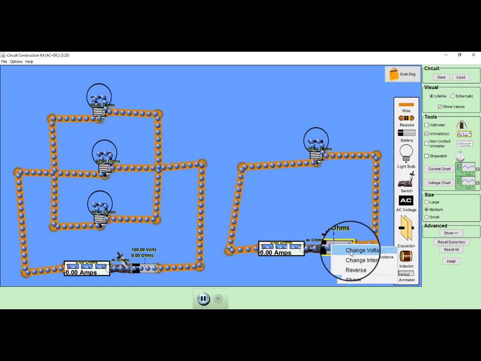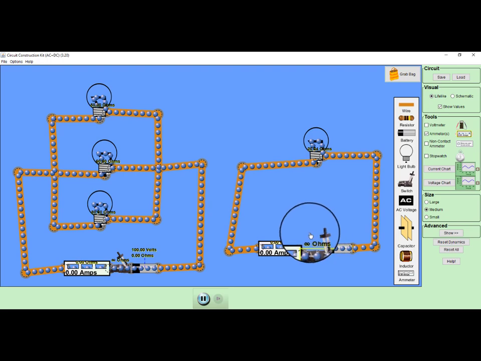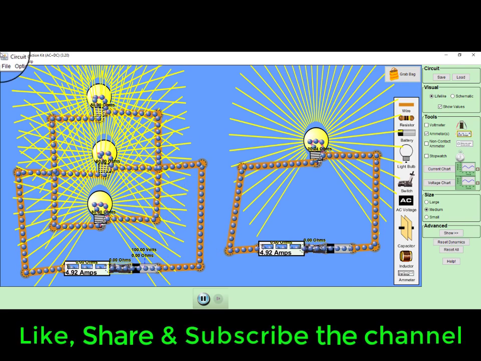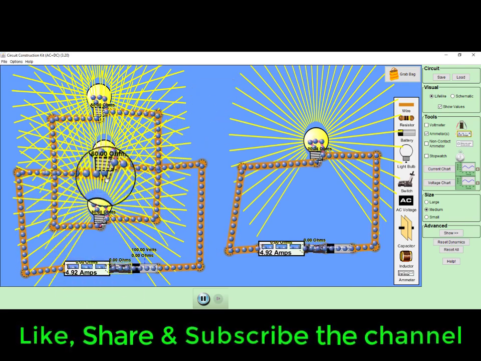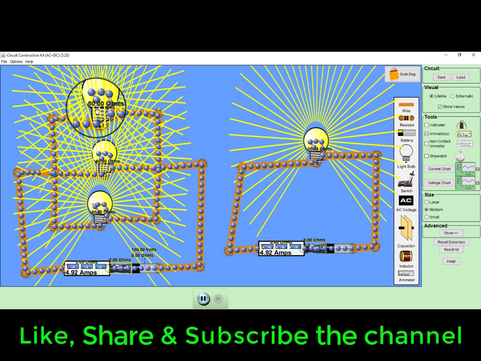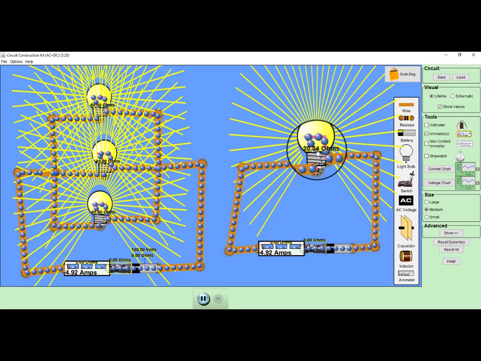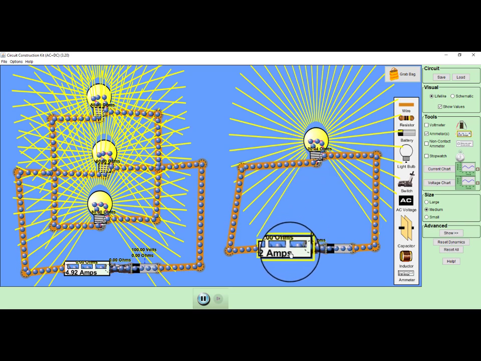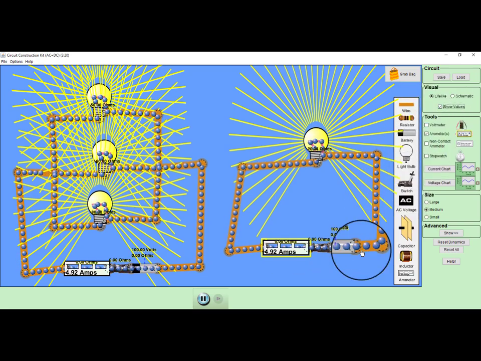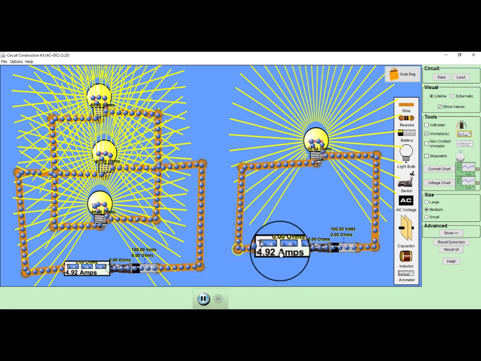Now I will adjust the battery voltage to the same 100 volt so that we can compare these two situations, and I will close this, and I will also close this one. As you can see, the current in the left hand side situation, where three bulbs are connected in parallel, is a total of 4.92 ampere. Now I can replace these three resistors by a single resistor whose value is equivalent, that is in our case 20.34, and if I apply the same voltage, 100 volt, then I should get the same current. So I am getting the same current, 4.92 ampere.